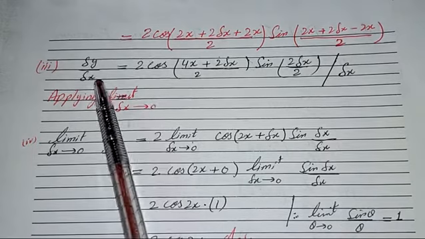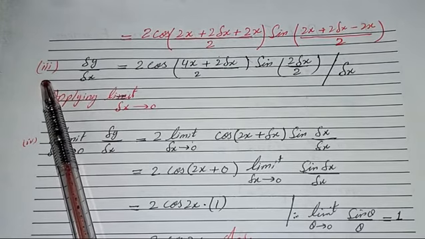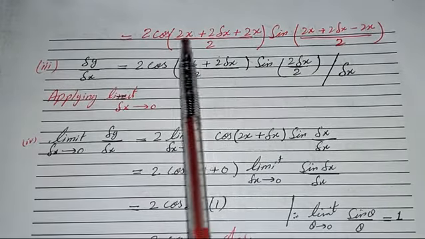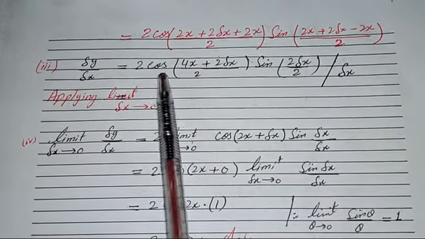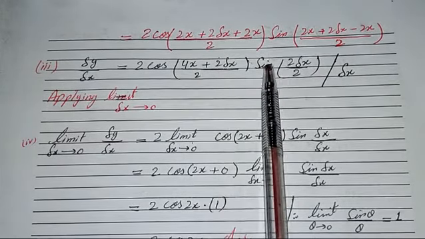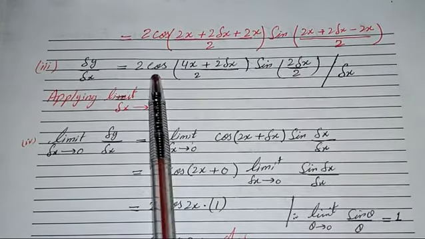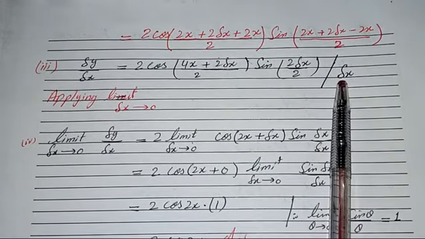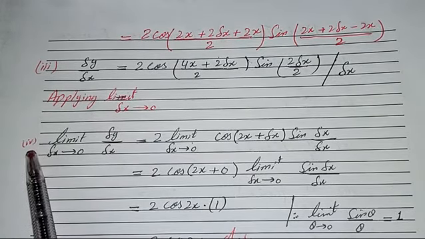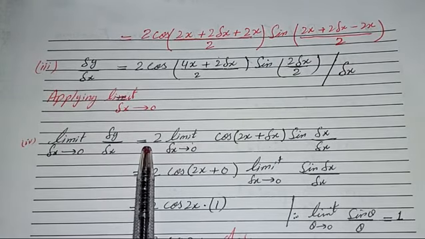Okay, so delta y. Now dividing both sides by delta x in the third step by using the definition method or first principle method. Delta y over delta x, and this complete term is divided by delta x. So 2 cos of 4x plus 2 delta x over 2, sin as it is, plus 2x minus 2x cancel out, left behind 2 delta x over 2, and this complete term is divided by delta x. Now in the fourth step we have to apply the limit. So limit delta x tends to 0, delta y over delta x is equal to 2.